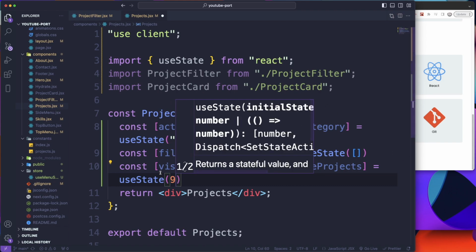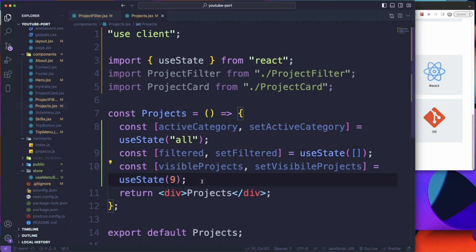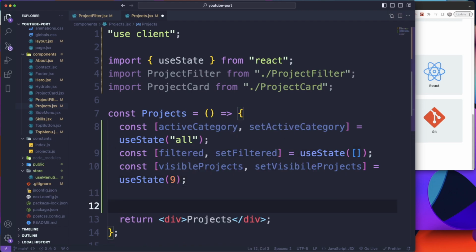Like I said, you can change this number to whatever you want. You can do 6 projects, you can do 3. All right, and now we're going to make our function to load more projects. So we're going to do a const, and it's going to be loadMoreProjects. All right, and this is going to be,